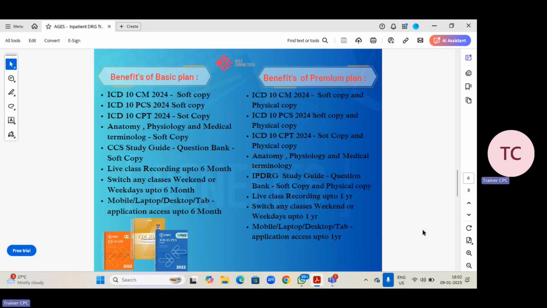Okay. So next, I'll explain about the plans which we are having. We are having a basic plan and a premium plan, team. So in case of the basic plan, you are going to have the soft copy of the ICD-10 CM book, ICD-10 PCS book, CPT book. Okay, because if you want to take your CCS exam, you should have all these